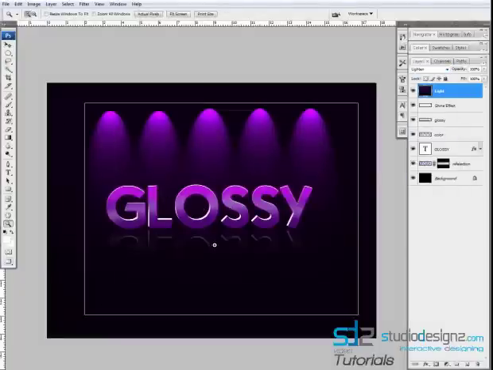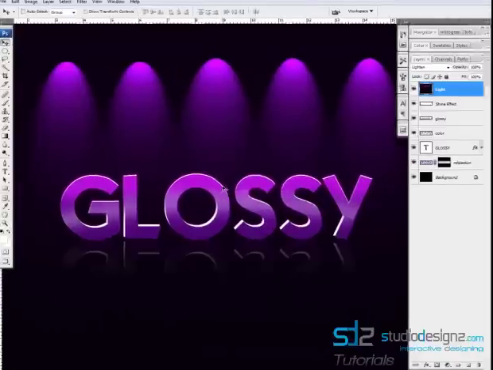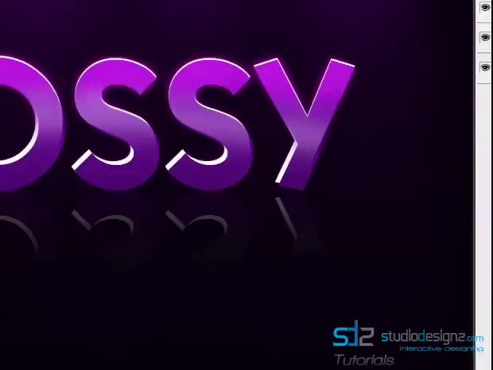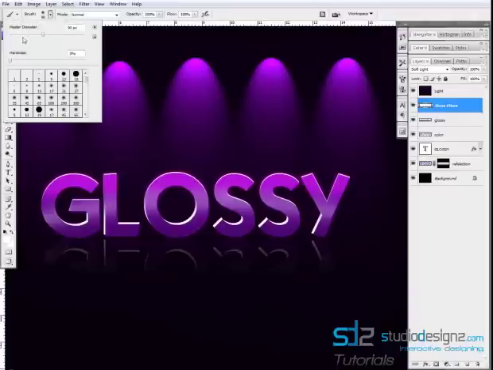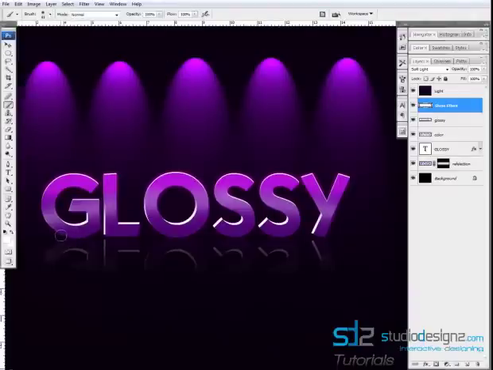There we have this glossy effect. It's all done. It's great. You can even add some more shining effect here at the bottom of this. Come back to your shining effect layer, select your brush tool and reduce the size a bit. Hold your shift key, click and hold your shift key and you can drag straight so that it just shines a bit